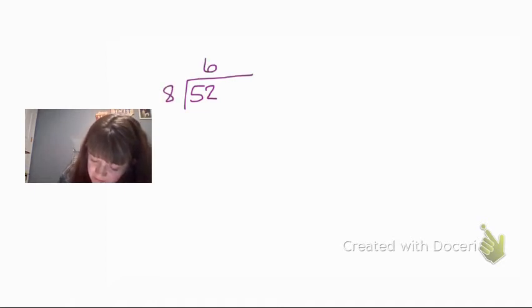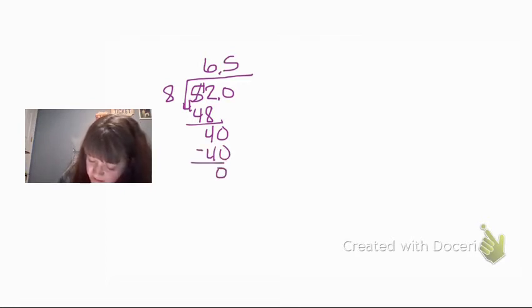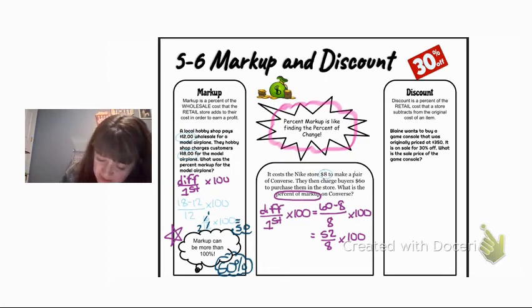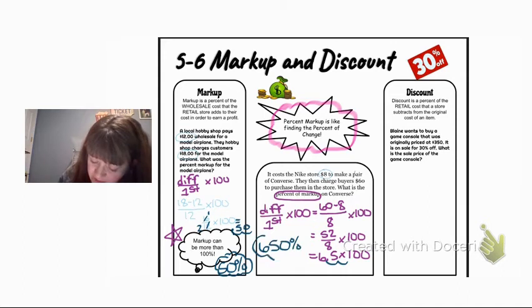Okay, 8 will go into 52 6 times. That's 48. And then we'll raise a decimal and drop a 0. And 8 goes into 45 times, which is 40. So we get 6.5. But then remember, we have to multiply by 100 to make it a percent. So we'll move that decimal to the right, fill that hole with a 0, and that's a 650% markup, which